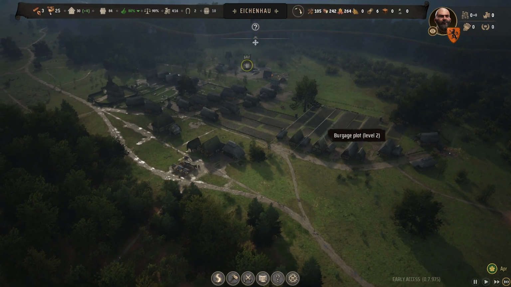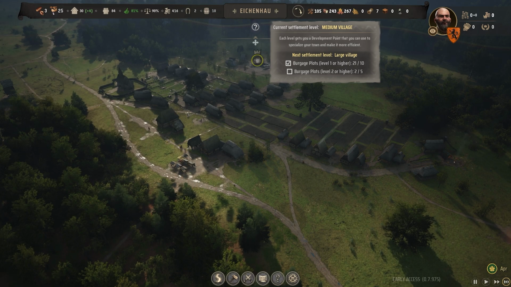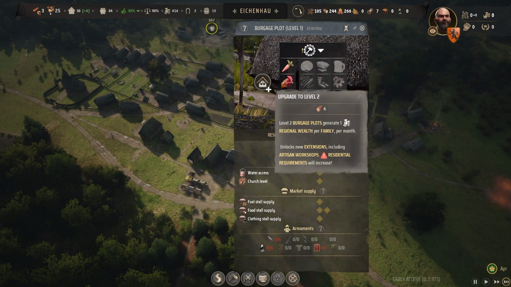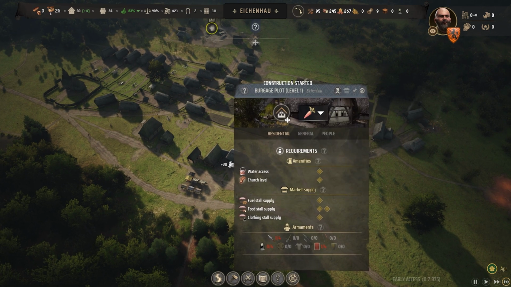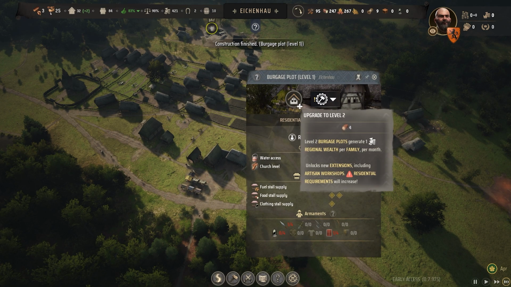I think it's been really good so far. We've made quite a bit of progress. We now need another few burgage plots. What we can do though is spend a load of money getting vegetable gardens put in place. That one was only a level 1 burgage plot. This one